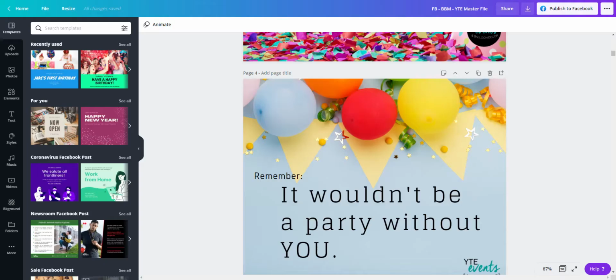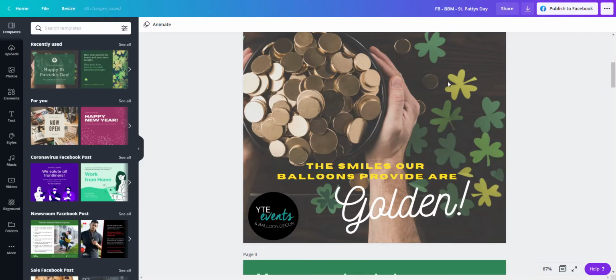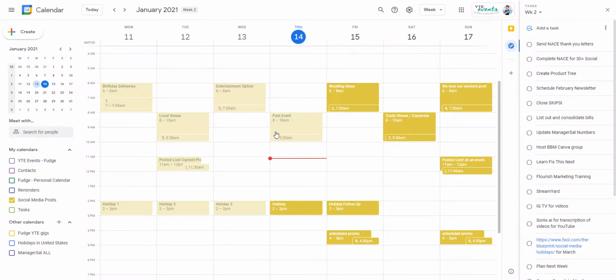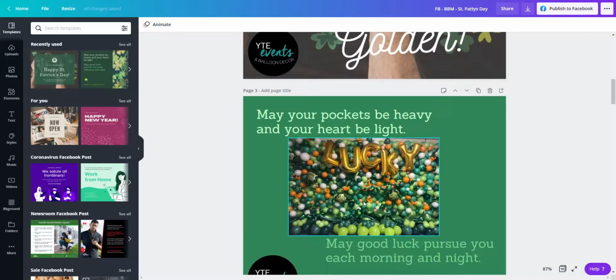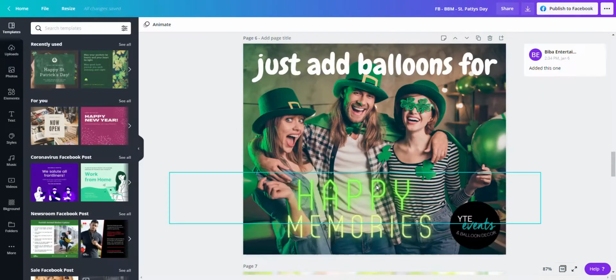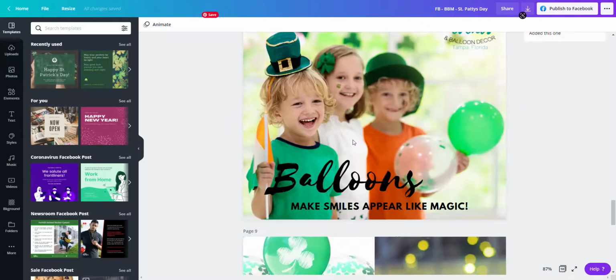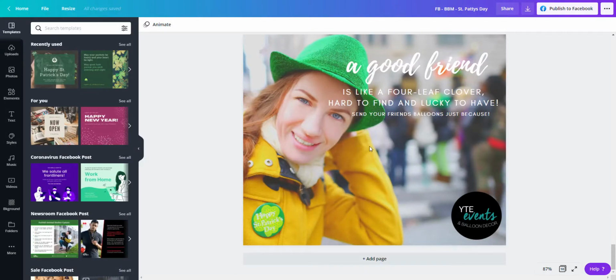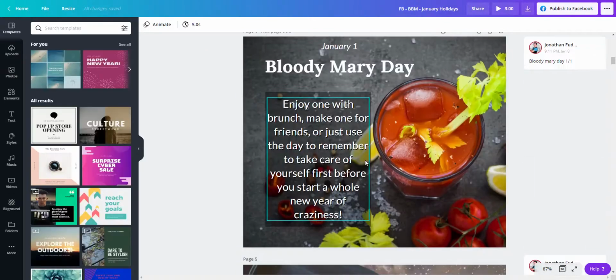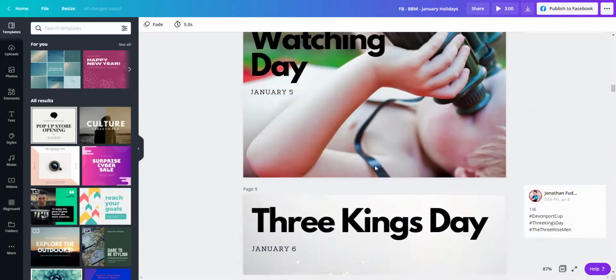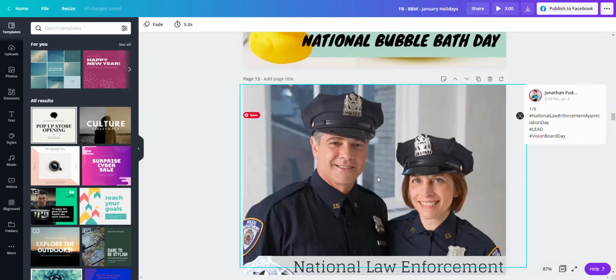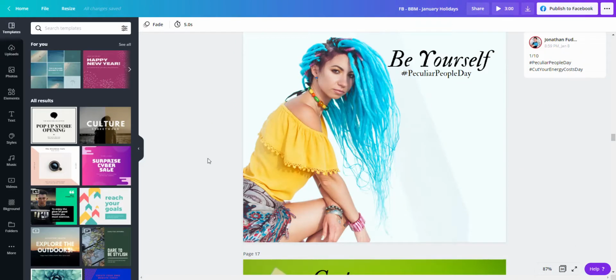Now, as far as actually posting these, typically when I post an image, I will go through Facebook, I will schedule it on Facebook, and I will also sometimes put it on Instagram. So I'm more picky about my Instagram. So for instance, all of these went on Facebook, but I think one of these went on Instagram. I forget which one it was. And I might have put that one on Instagram as well. And then likewise here, I think all of these went on Facebook. I don't think I put any of these on Instagram actually. But these are the everyday